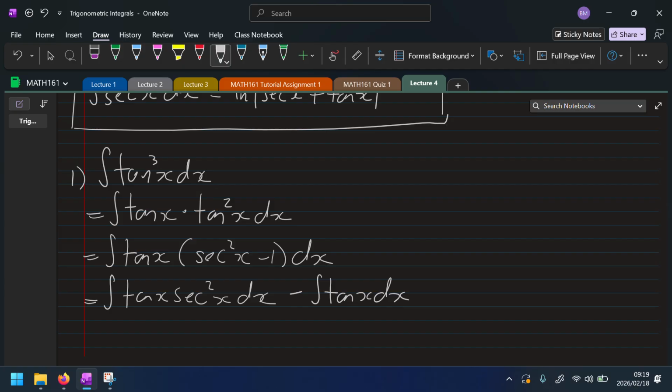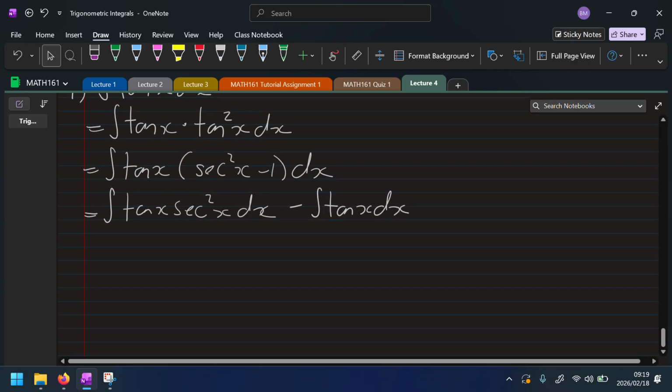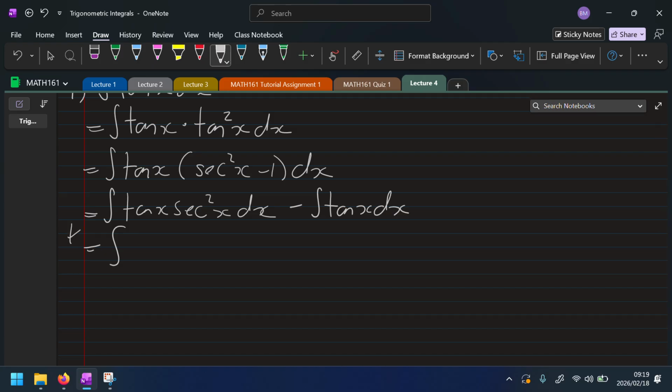Half u squared. And then we put the tan back, it becomes half tan squared. Okay, so I'm just going to put a little star here. So for this one, we notice that if we let u be tan, du becomes sec squared, and then